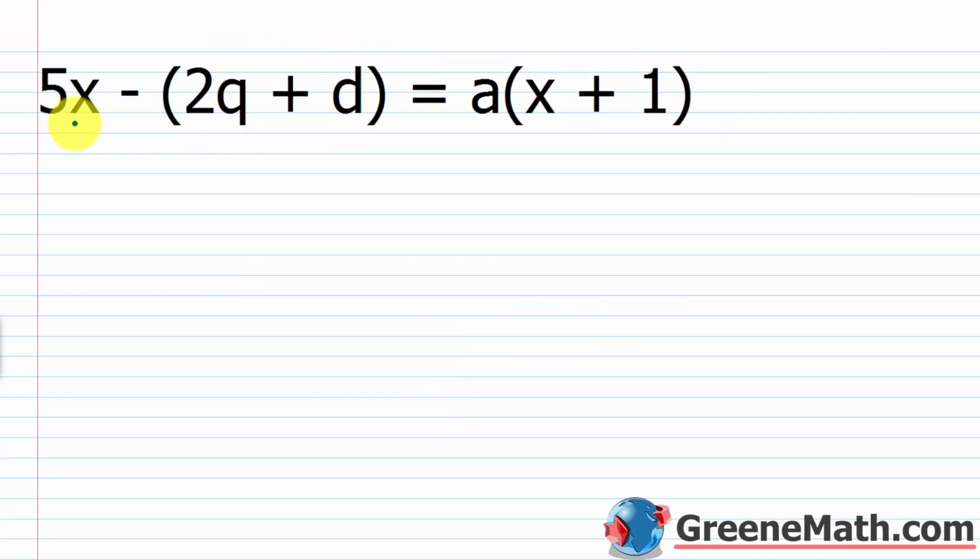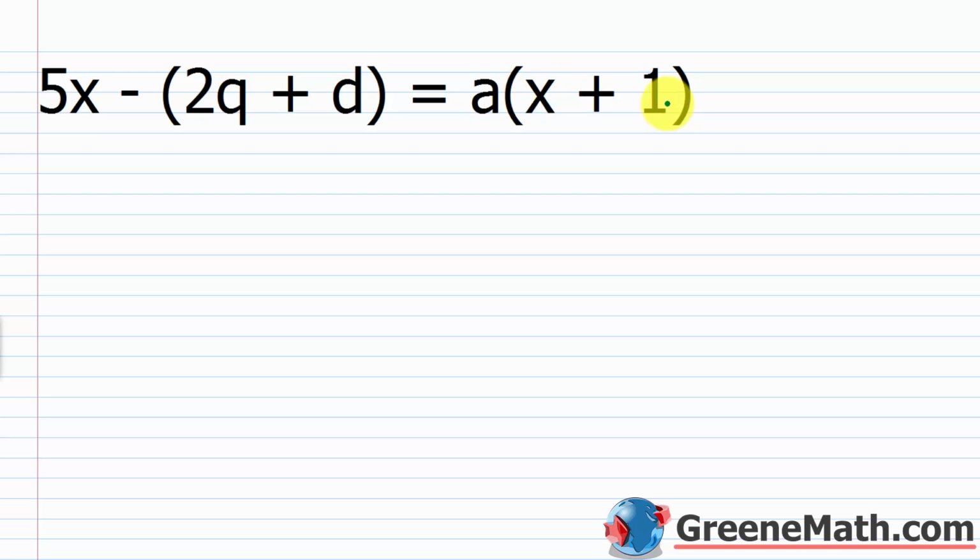So we have 5x minus the quantity 2q plus d is equal to a times the quantity x plus 1. So we want to solve this for x. And again, the idea here is if I want to solve it for x, I've got to first get all the variable terms with x involved on one side and everything else on the other. So because I have an x here wrapped inside of some parentheses, let's go ahead and use our distributive property,